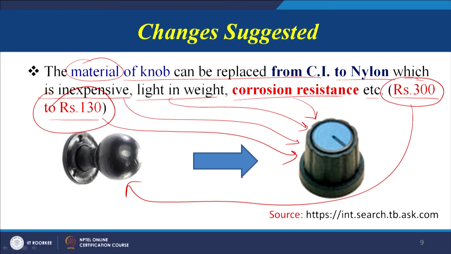One thing has to be kept in mind, that it must not compromise on any of the performance features. So there has to be no compromise. If there is a compromise on the performance features, then we can say that we are doing cost cutting, we are not doing value engineering. Our focus is value engineering, that without compromising on any of the functional aspects of the product or a part or a sub assembly, the cost can be reduced. So that is the basic purpose of the approach of value engineering.